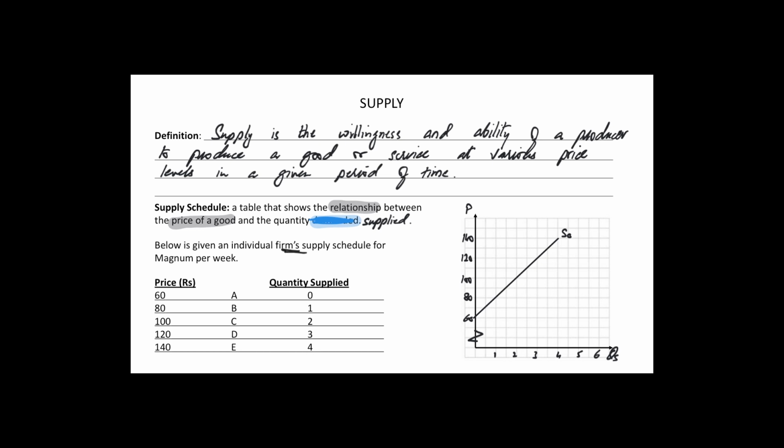Now remember, when the price goes up, the producer makes more money and his willingness increases because he can acquire more resources and can do more production basically. That's why a rising price encourages